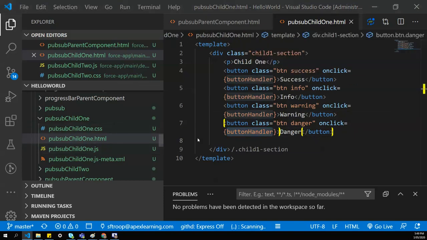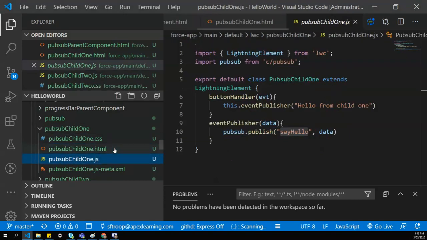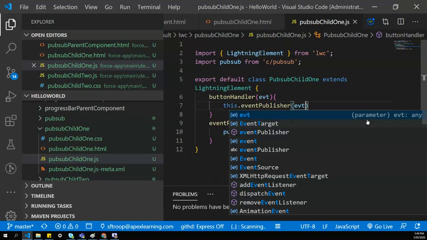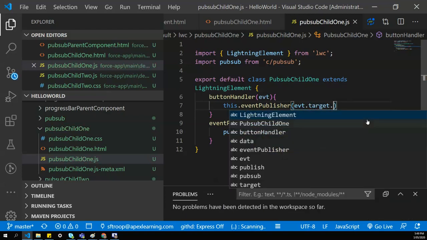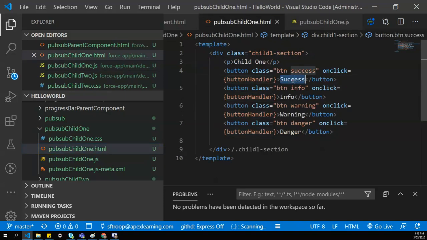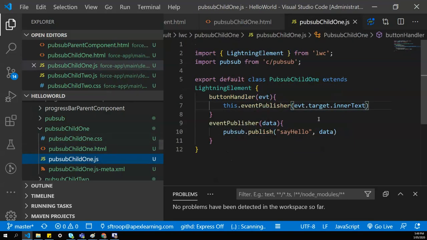All are using the same handler, button handler. Let's go to our button handler. I guess we already have that from the previous demo. It will pass the data to the child, and the data will be event.target.innerText. So innerText is the text given in between the buttons, and we are passing this text to our other component.